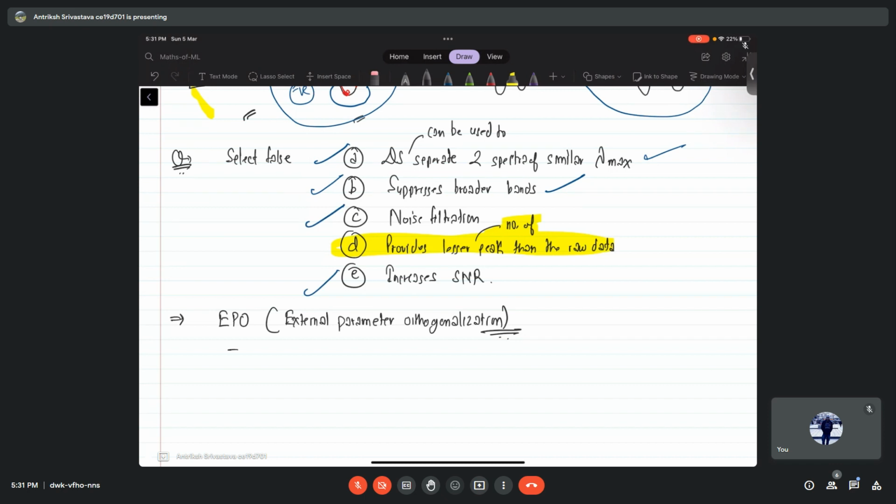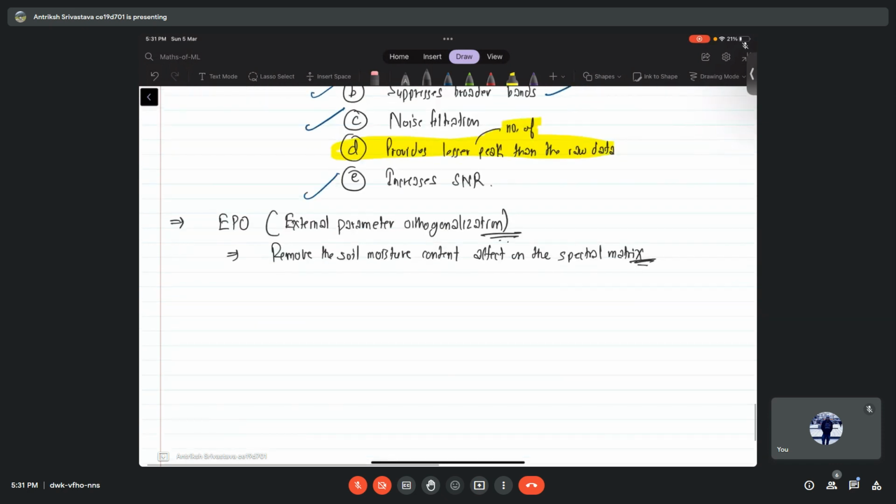Which is used to remove the soil moisture content effect on the spectral matrix. Okay, so